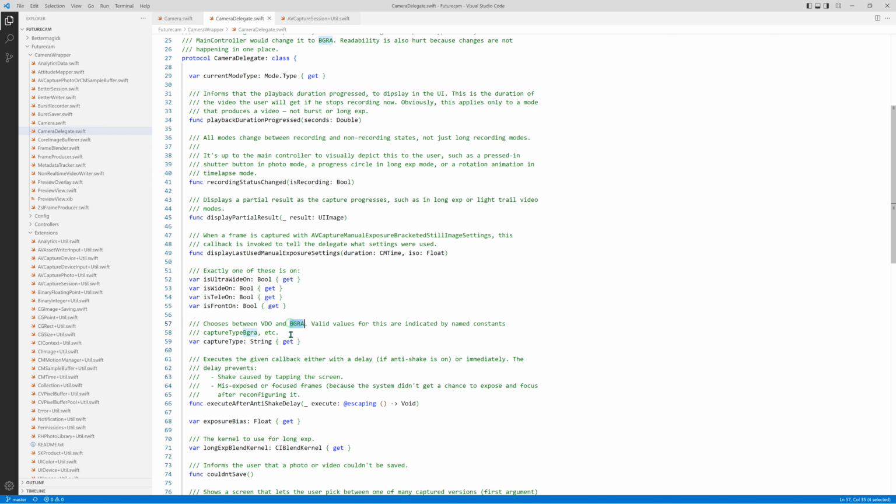This is a technical detail. We implemented it this way because we had a debug UI that let you control this. It wasn't much use. It was as easy to change it in the code. In the production build, the user did not get a choice between these two. He wouldn't even know what they meant. So now if you look at main controller,